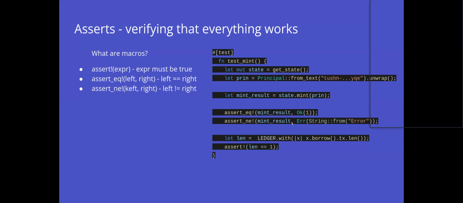Because of that, it is easy to make errors, but also you can do many wonderful things in just a few lines of code. And as you can see, all those assert equal and assert not equal are ended with